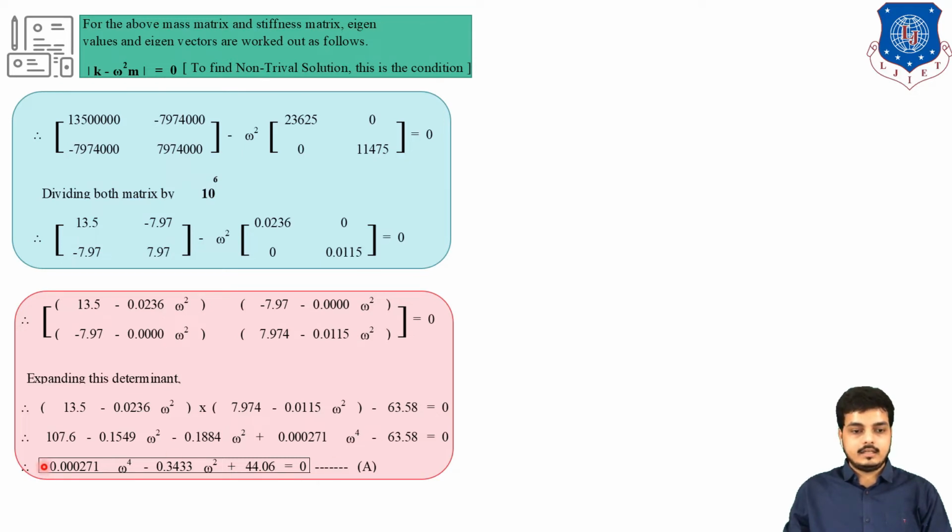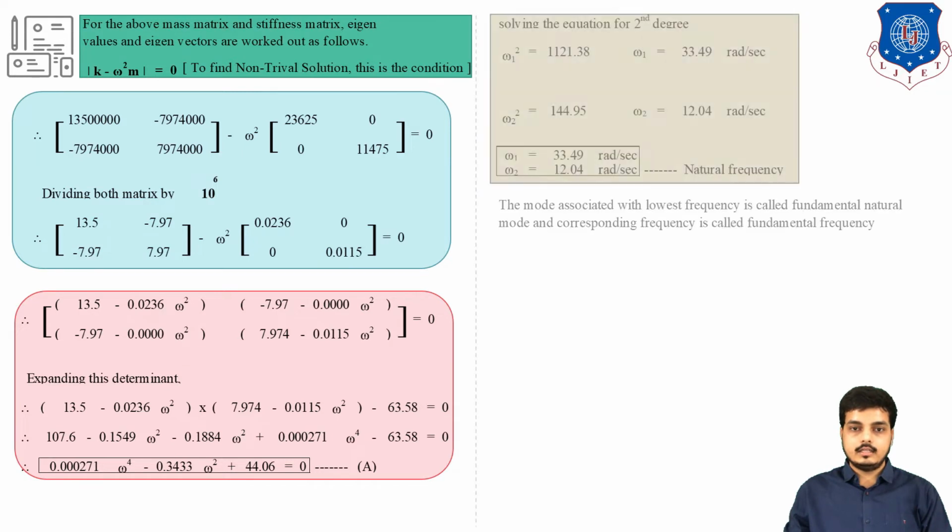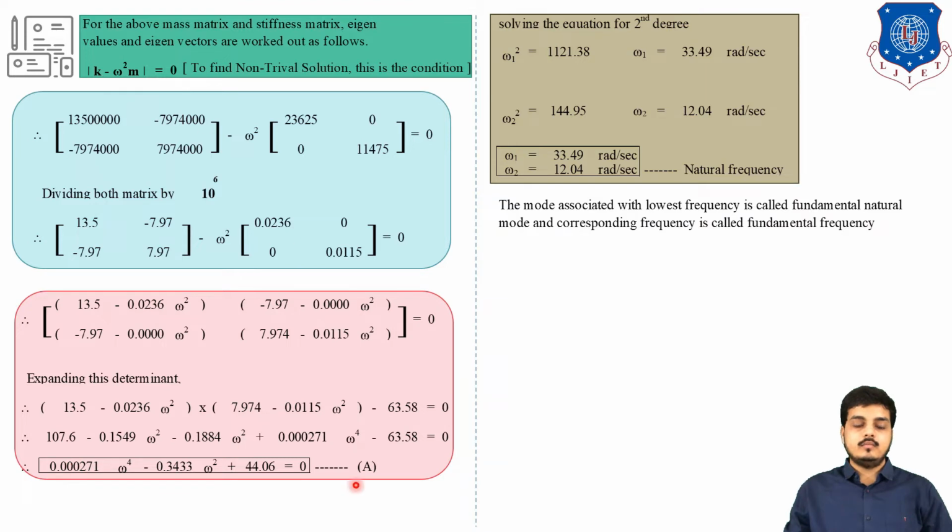Now after getting this equation, we need to solve it. Solving the equation of second degree, you can directly solve this term in the calculator or with the help of the formula. Now how will we take it? Look, this omega raised to 4 needs to be taken as omega square raised to square. So we can write this term as, let me show you, omega square raised to square, and this term will be omega square.